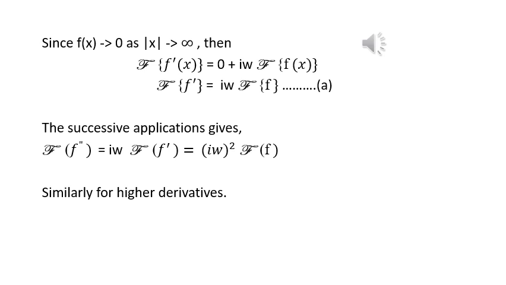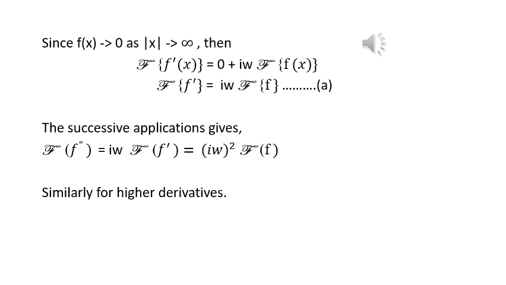That function is Fourier transform is found here in equation A. Now this we can do in higher derivatives also. That means if it is Fourier transform of f double dash, then i omega of Fourier transform of f dash comes. And what is Fourier transform of f dash? It is, from equation number A, i omega into Fourier transform of f. Therefore, we can write Fourier transform of f double dash is equal to i omega the whole square into Fourier transform of f.